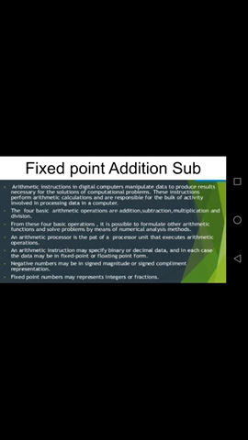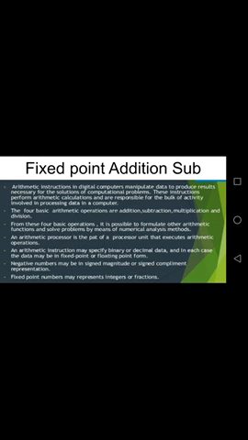So in this fixed point representation, assuming that a fixed number of bits are allocated for the integer part and fractional part, indirectly we can say the binary point of a fixed point representation is also fixed. So this is about fixed point representation. Now let us discuss how to do arithmetic operations such as addition, subtraction, multiplication, and division using